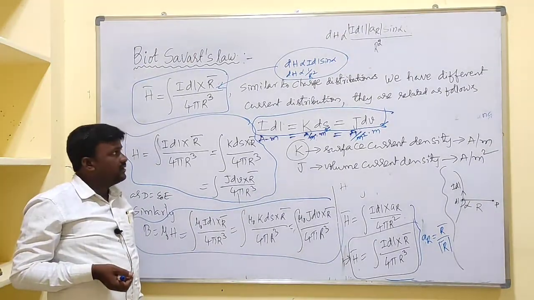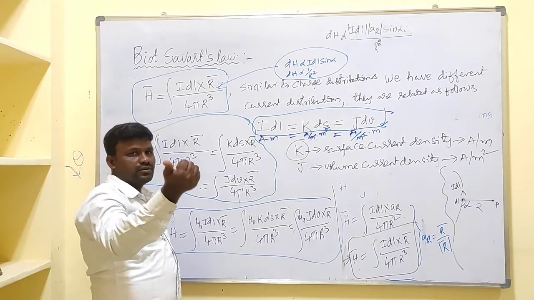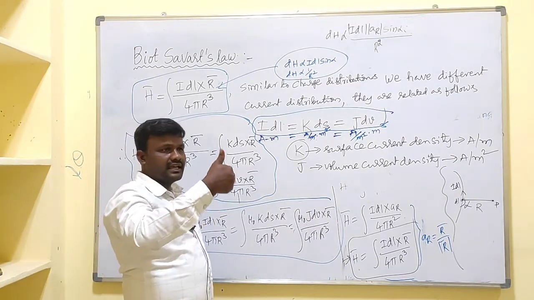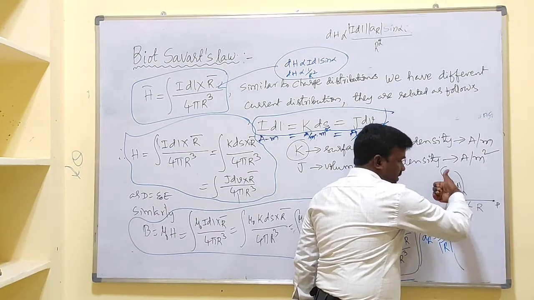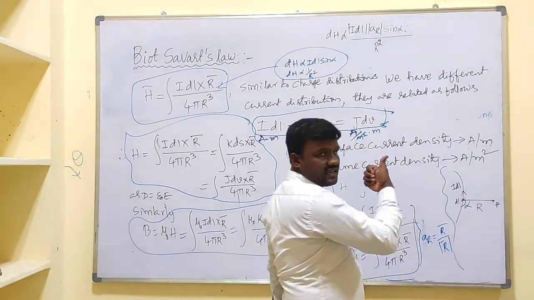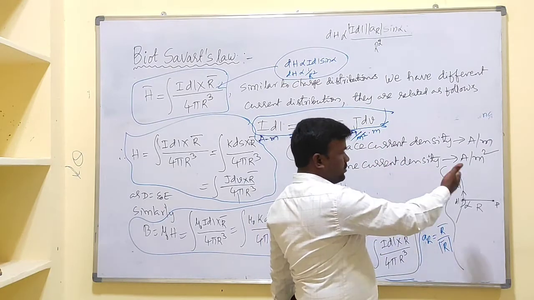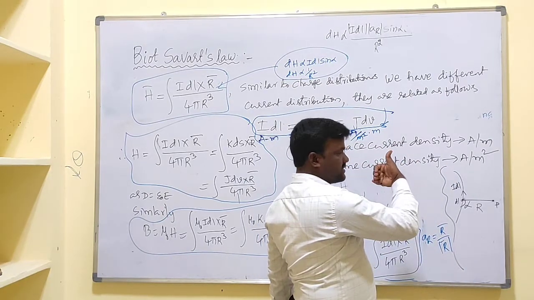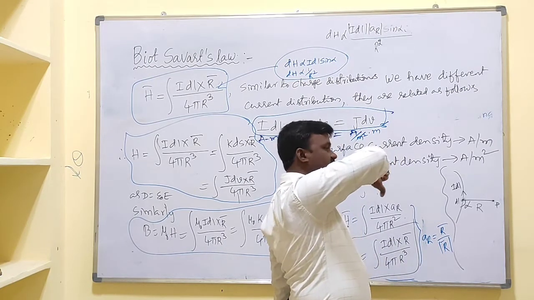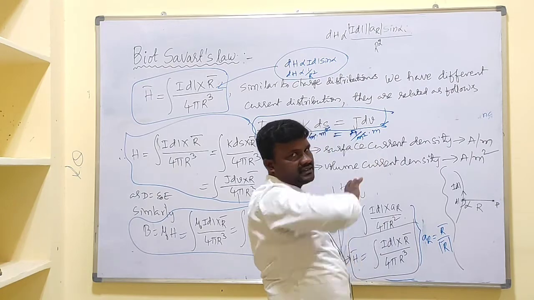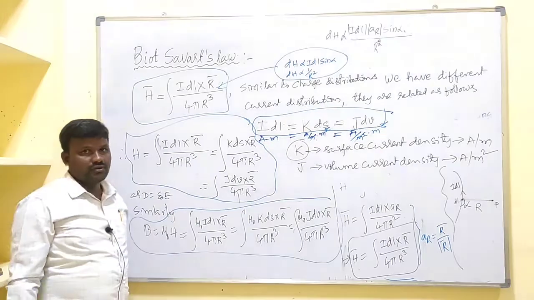Of course, what about the direction of H? The direction of H is given by this thumb rule. This thumb indicates the direction of the current like this, whereas the direction of the magnetic field is given by these closed, encircled fingers, which represent the direction of the magnetic field intensity. So the direction of the magnetic field is like this in this case. Suppose the current is in this direction, in that case the magnetic field direction is like this. These encircled fingers represent the direction of the magnetic field intensity. Okay, so this is about Biot-Savart's law. We will meet in the next class.